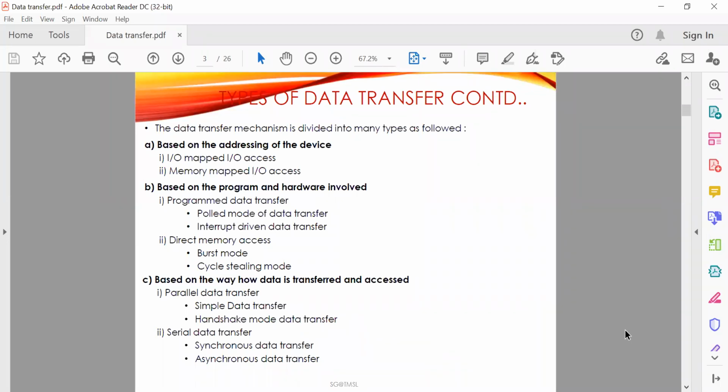Okay, and this technique is generally used to transfer large blocks of data between memory and the input output device. Okay, now during DMA data transfer, the processor or the CPU is kept in an idle mode or suspended state,